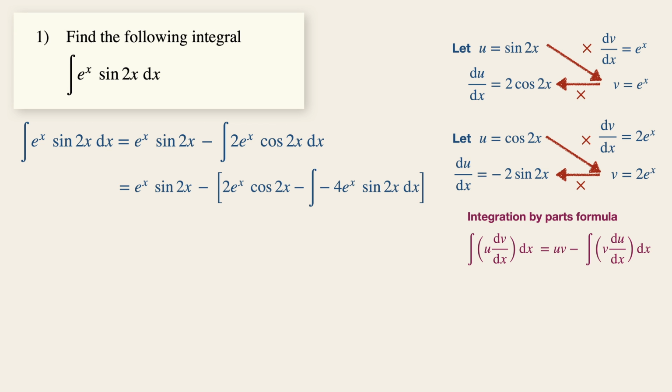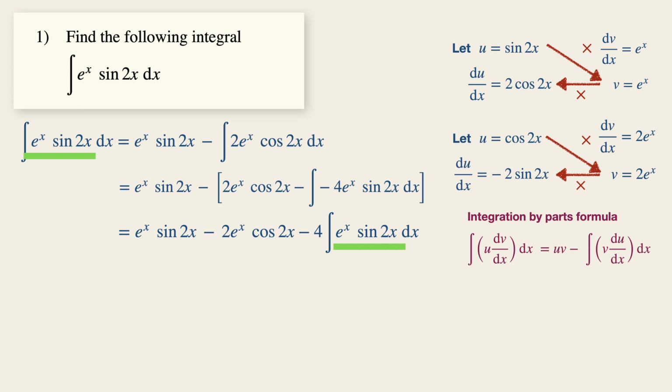By simplifying further, we will then have e power x sine 2x minus 2 e power x cosine 2x minus 4, because minus is multiplied into the expression over here. Integrate e power x sine 2x dx. Now it seems that there's a never-ending loop of doing an integration by parts technique because of this term over here, but if you could observe even closer, this expression is actually similar to the original expression that you see